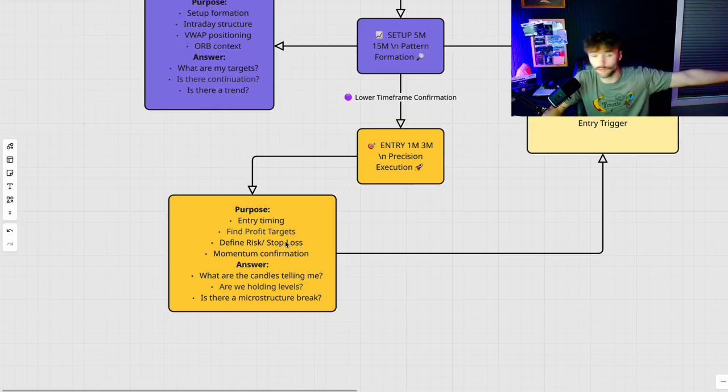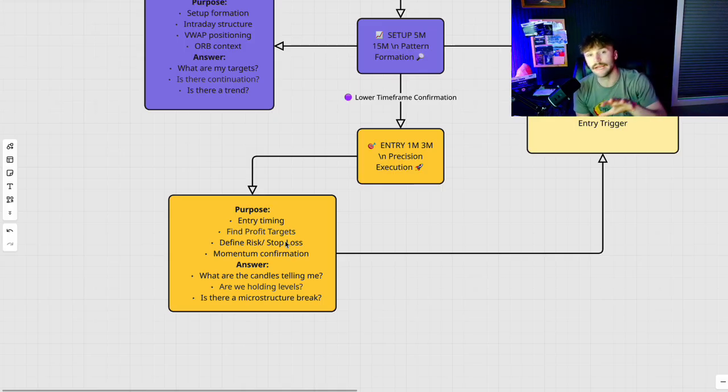So none of what we have talked about has anything to do with your true strategy yet. All of this is defining what your strategy is going to go off of. For example, if I'm taking an ORB trade, but we look very bearish on the 1 hour, the 4 hour, the 15 minute, and the 30 minute, well, if we get a 1 minute breakout of ORB to the upside, and that is against my bias, of course,